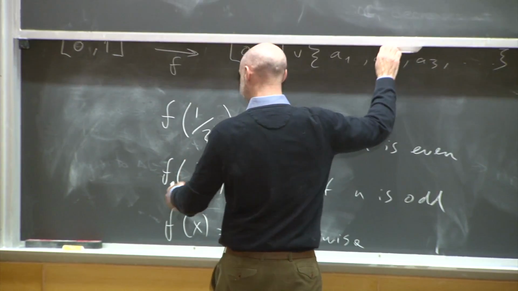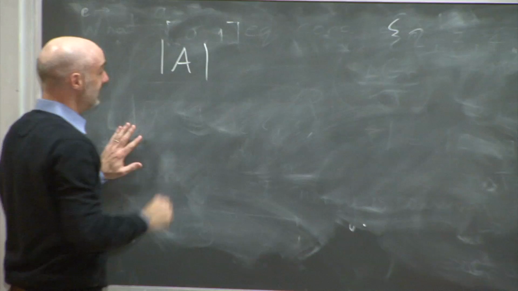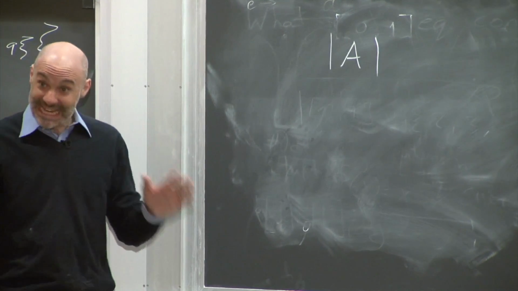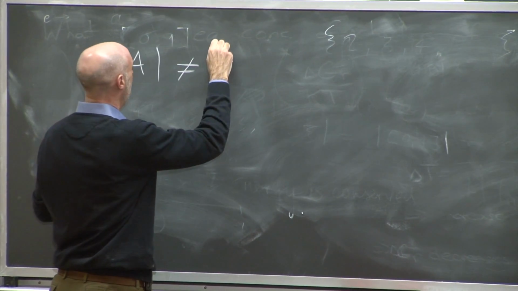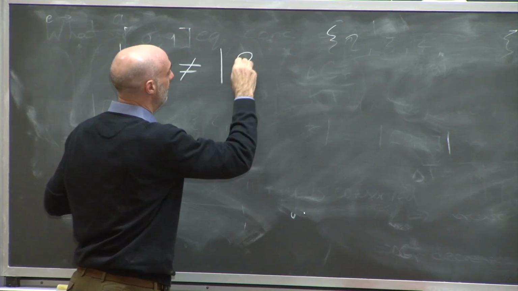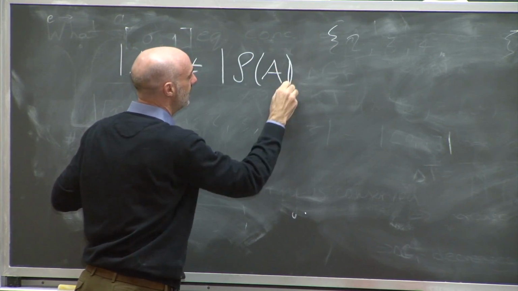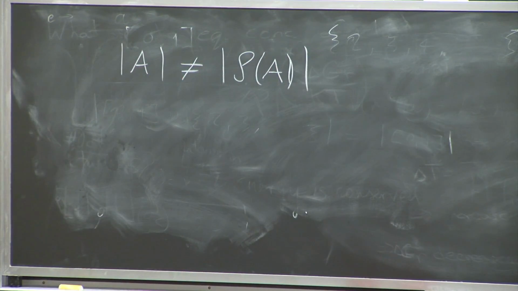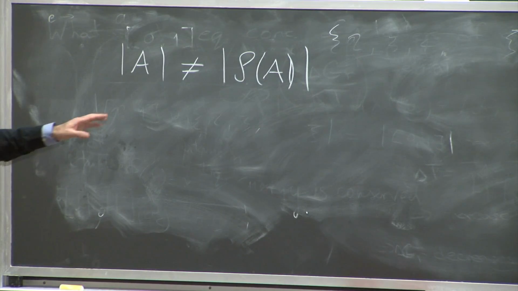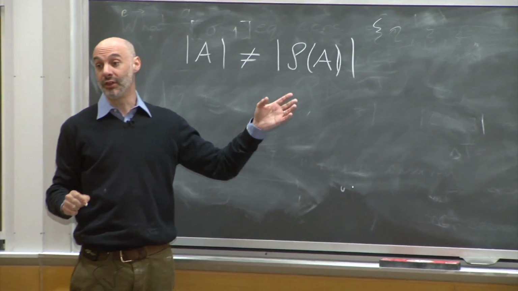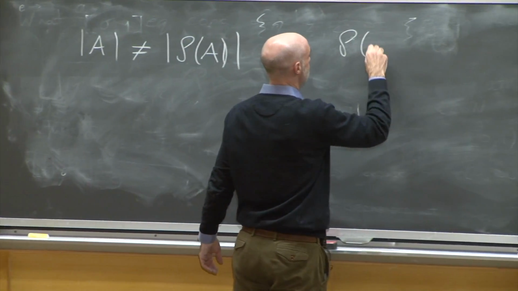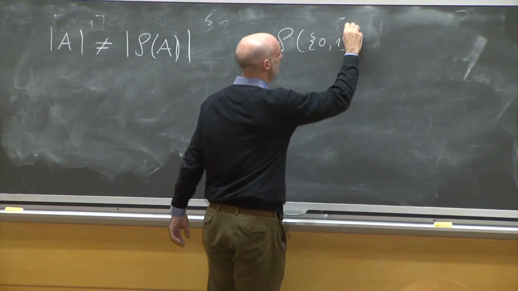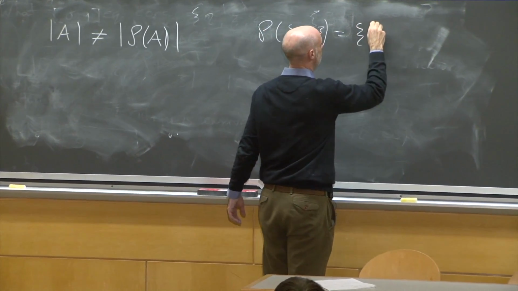So what we're going to show is that the cardinality of a set, any set you want, is not the cardinality of the power set of that set, where the power set of a set is just the set of all subsets of that set. So for example, the power set of that guy is